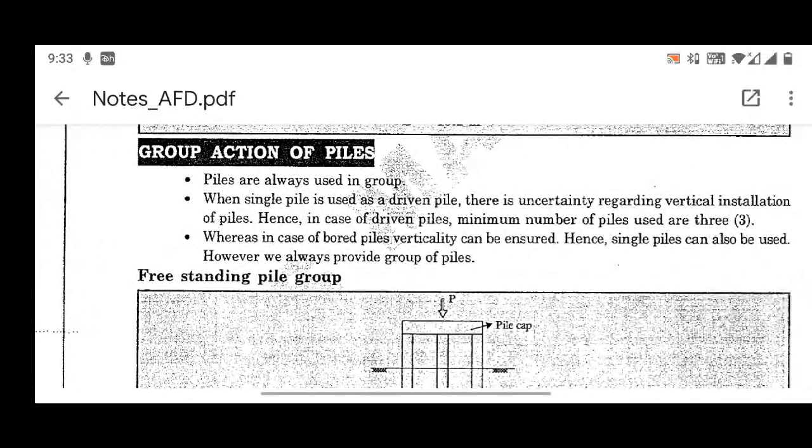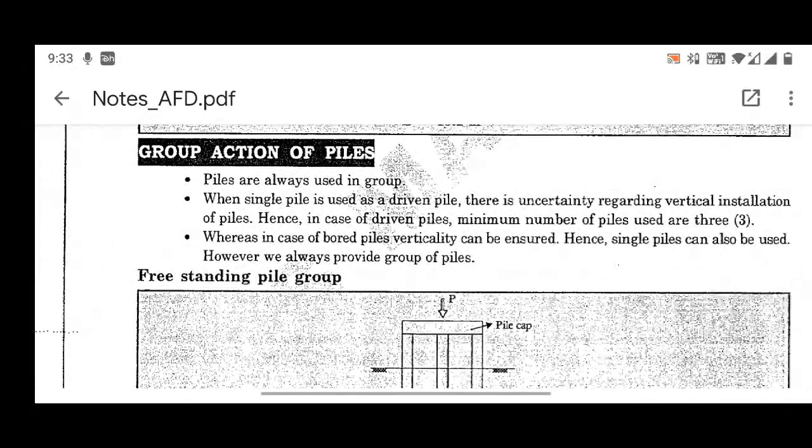Generally, that day also I was telling you about the piles. Piles are never installed in an individual pattern. They are always installed in groups. That's why we call piles that are installed in groups group piles, right? And when I'm saying group piles, the layout of a group of piles will be either square or rectangular.